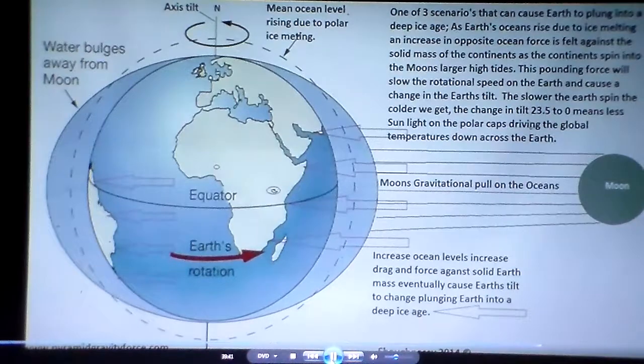The change is from 23.5 to, who knows, 0, 5, 10, whatever. But anyway, you get less light at the poles, and it'll drive global temperatures down across the Earth. In the equatorial zone, you'll still be getting decent sunlight. So there'll be some